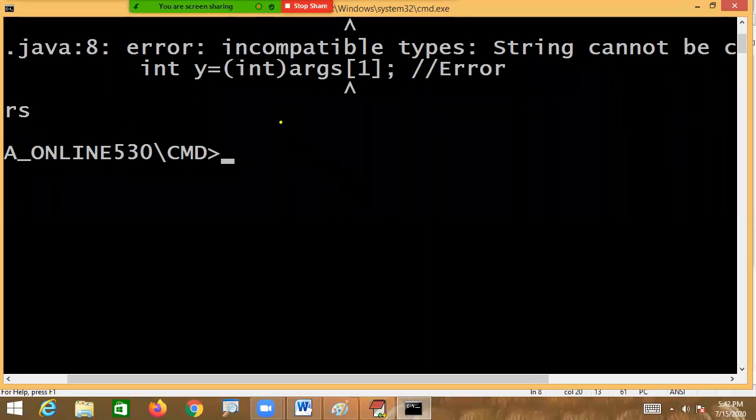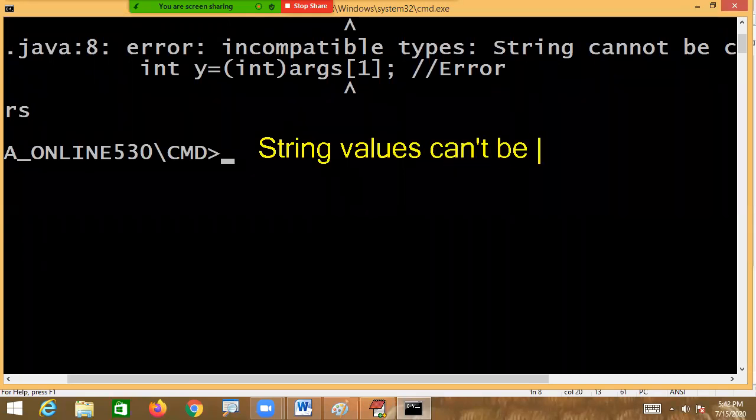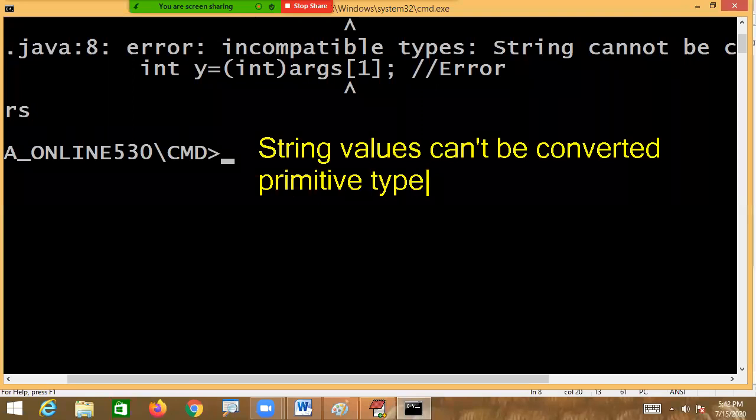Yes, ladies and gentlemen, it is a very important point you need to understand. What is that? String values cannot be converted to a primitive type.